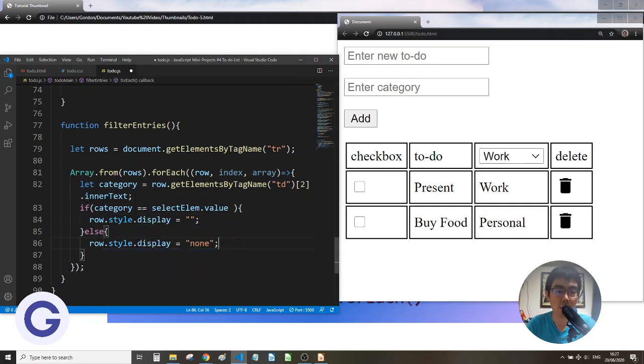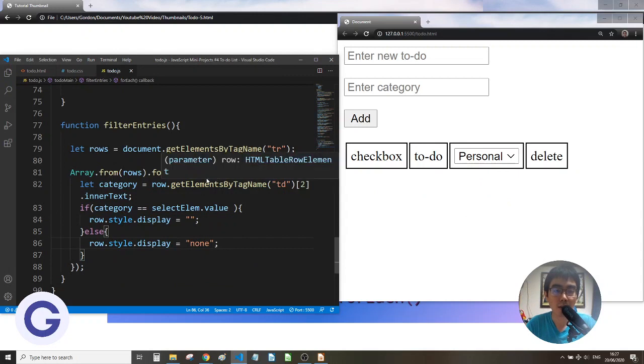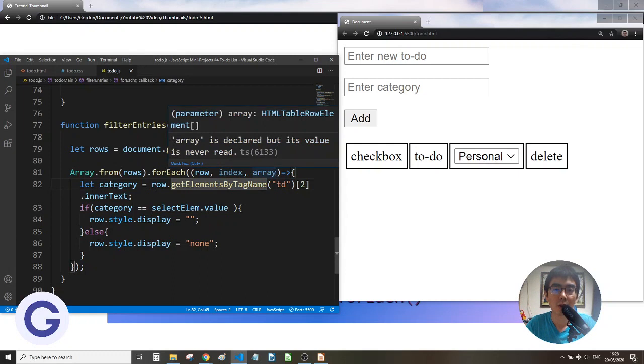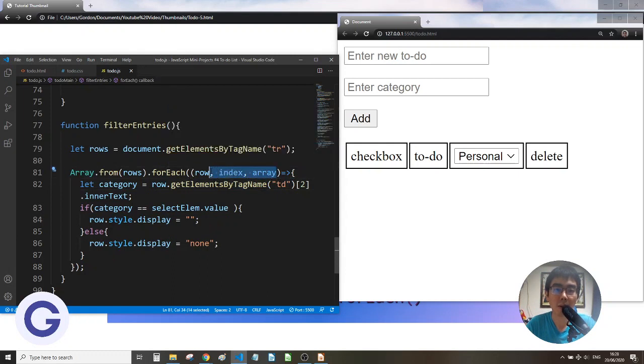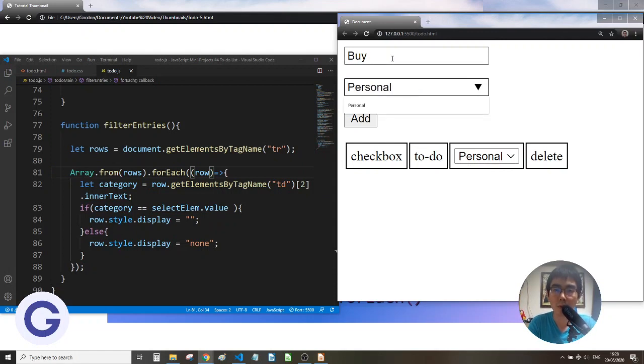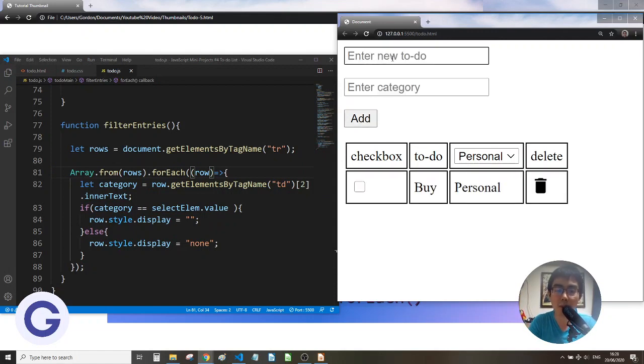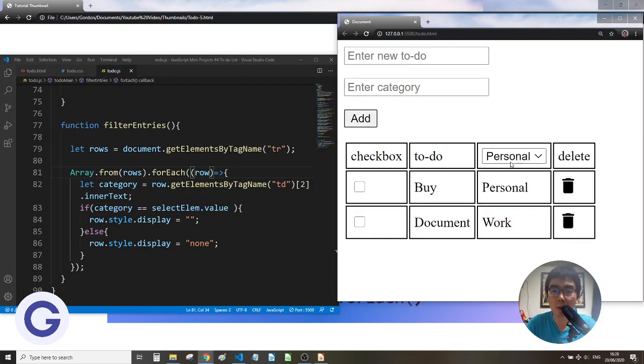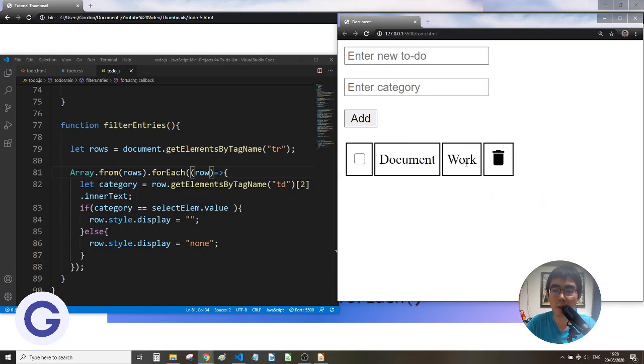You see, now the problem should be solved. And now, if you notice, this color has changed from deeper blue to very bright blue, and this two is still deep color because this two is not used. So we can actually remove these two parameters if we are not using them. So now it should work. So let's try. If I have a buy, which is personal, and if we have document, which is work. Now, if we toggle it with the filter options,